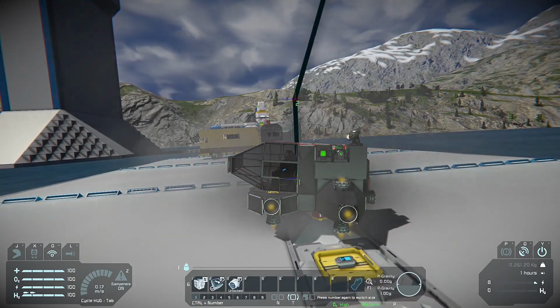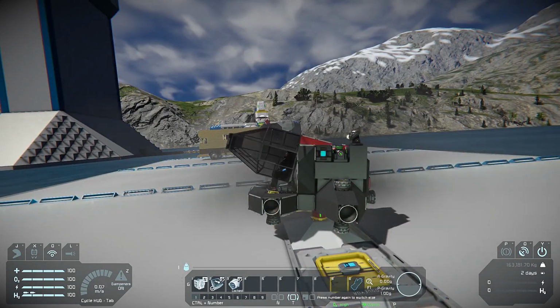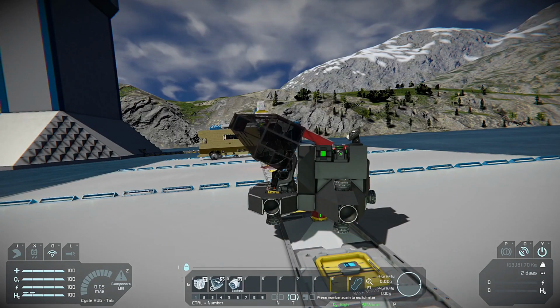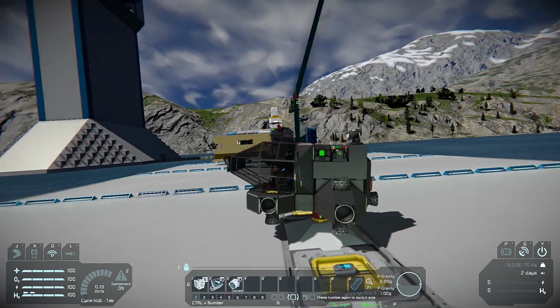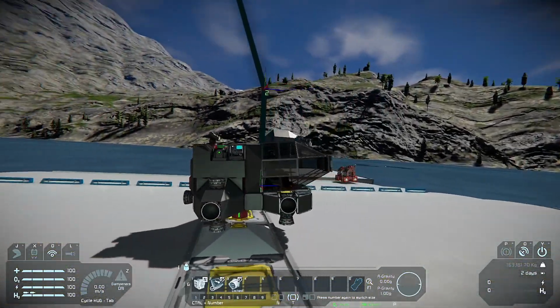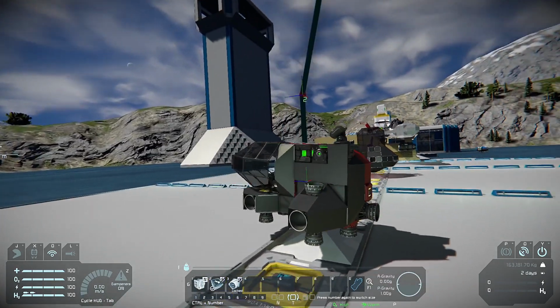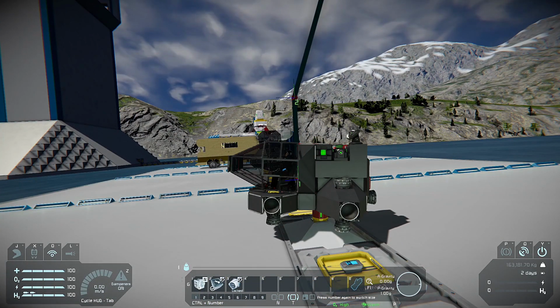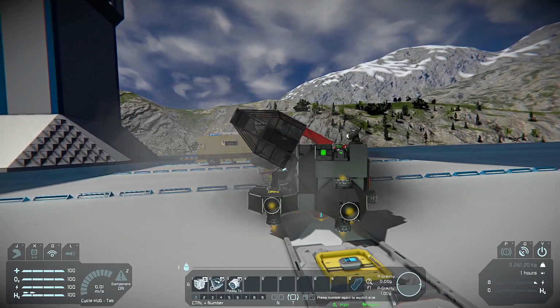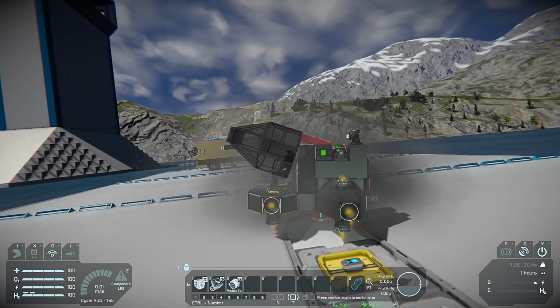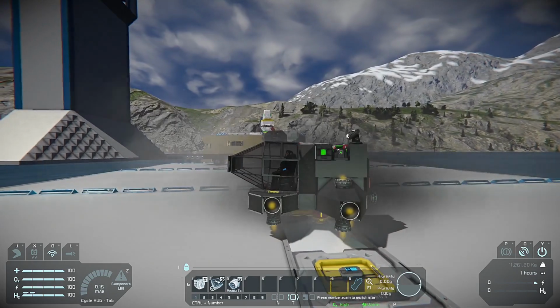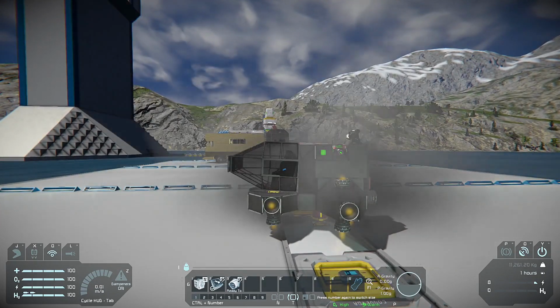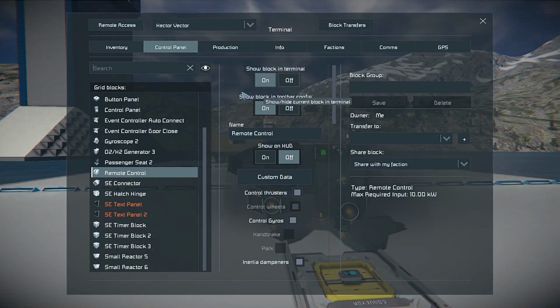Believe it or not, the computer is a little bit faster than I am at actually reconnecting with the connector. Okay. Now we've hit this point where we have shut off our thrusters. Of course, the hatch is kind of backwards now, so we have to reshut that. We'll fly up just a little bit. And then we're going to turn off this auto connect